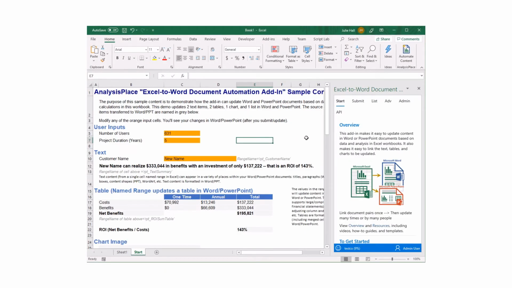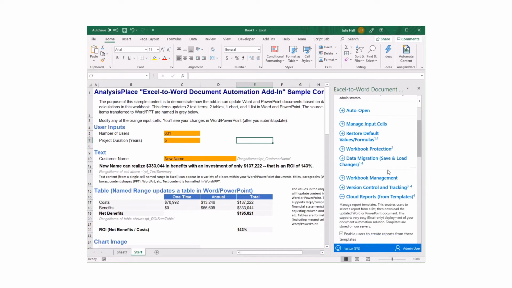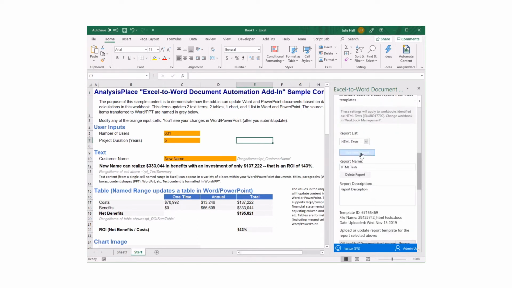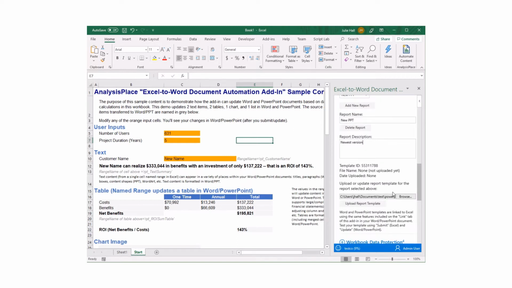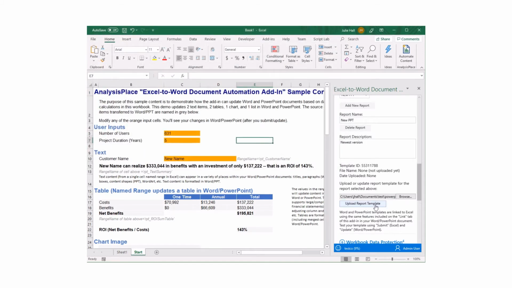Here's how an administrator can upload a new template to the add-in. When you're logged in as an administrator, the Admin tab will appear. Then you'll go over to Cloud Reports, and I'm going to add a new report. I'm going to call that report New PowerPoint, and I'm going to give it a description of newest version. Then I'll go ahead and browse, and I will find my template that I've already created the add-in links with, and I will open that and upload it